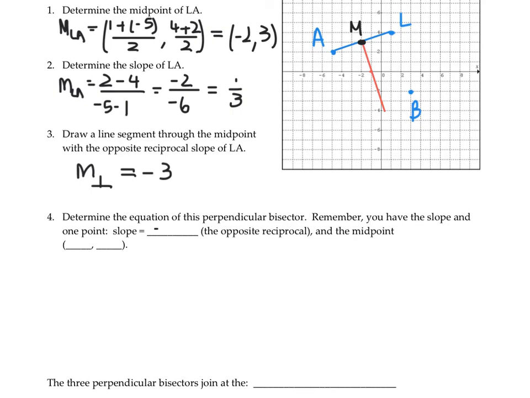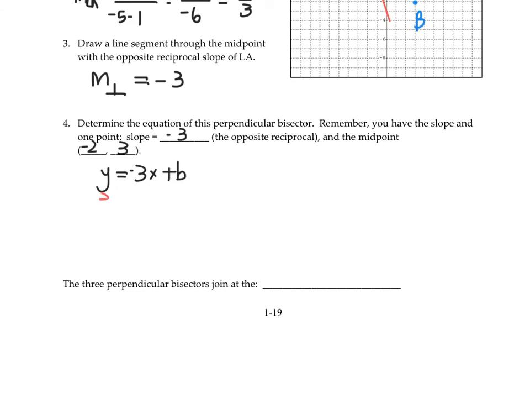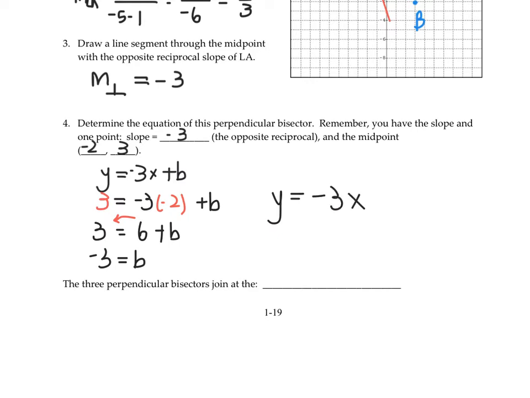Our slope is -3 and our midpoint was (-2, 3). So y = -3x + b. Put my slope in. Now I'm going to put my point in. 3 for y, -2 for x, and now I can isolate for b. So simplify and move the 6 to the other side. And now my equation is y equals my slope, -3x, plus my y-intercept, which in this case is also